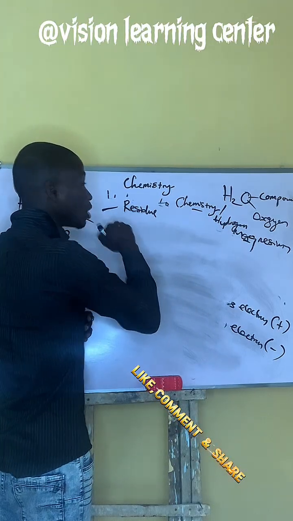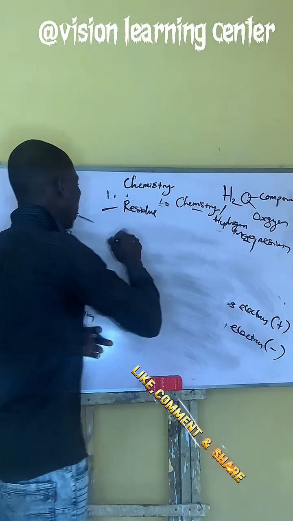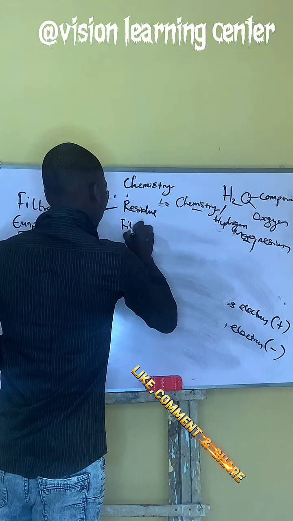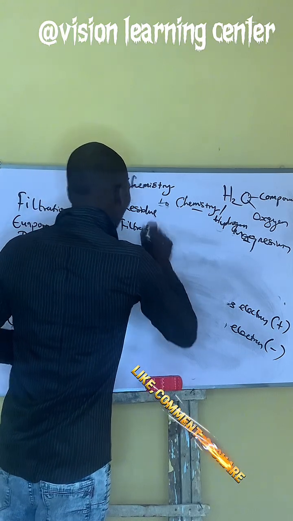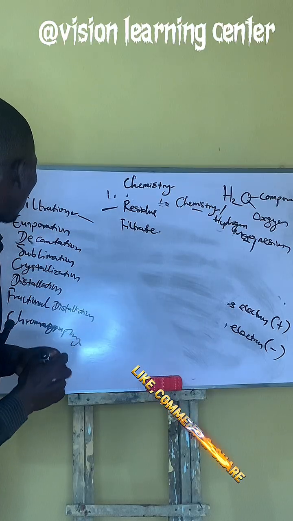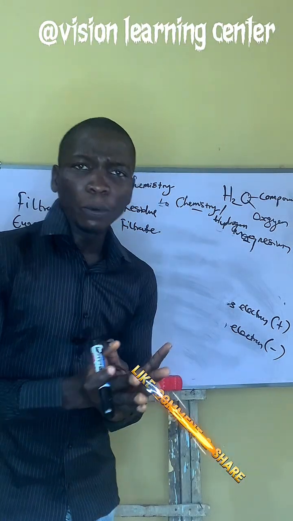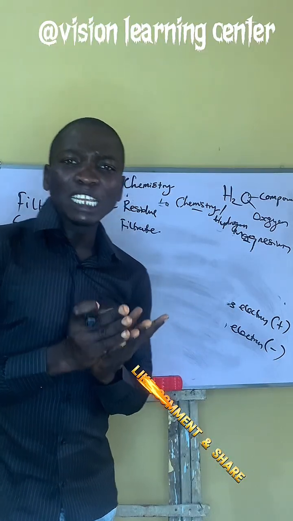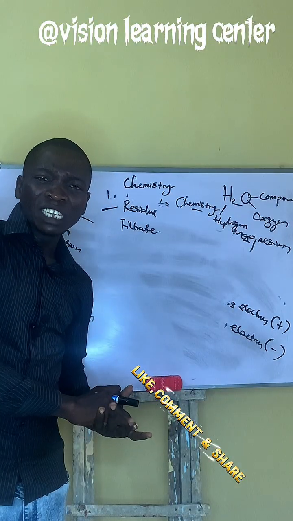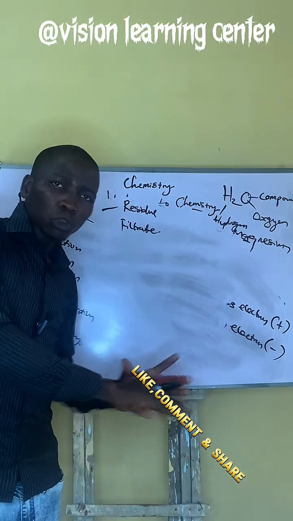Then that part that is soluble in water is what we call what? Filtrate. And that gives us the next one, which is what? Decantation. When you keep your pap for a longer time, you notice that the pap will sink inside the bottom